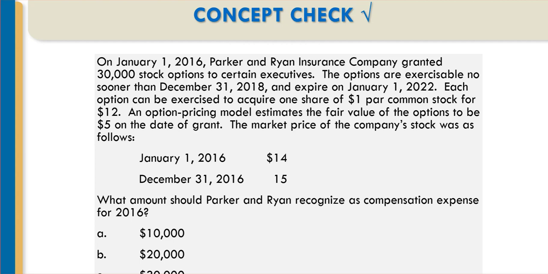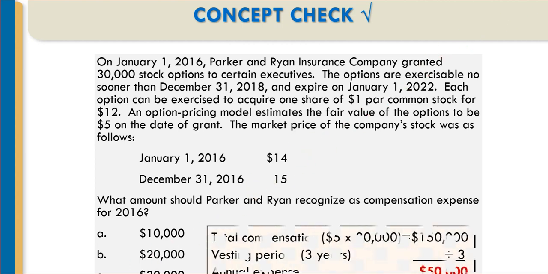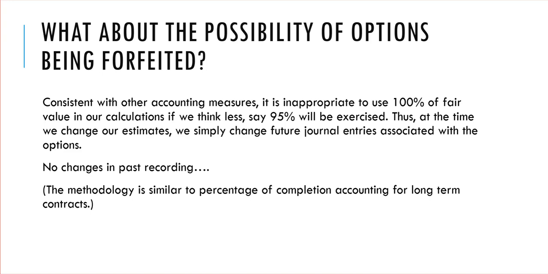The first step is to say, what is total compensation? The second step is to say, how many periods of time am I going to spread it over? And third, you divide. So let's get to this number then. You can't see it very well here, but I'll tell you it's going to be option D. It is 5 times 30, or 150,000. That's the total compensation. Vesting period: it's not going to be 18 minus 16, 2. It's going to be 18 minus 16 plus 1, because you need to round up to January 1st, 2019. That's 3 years. And it's going to be $50,000 per time period, spread equally.